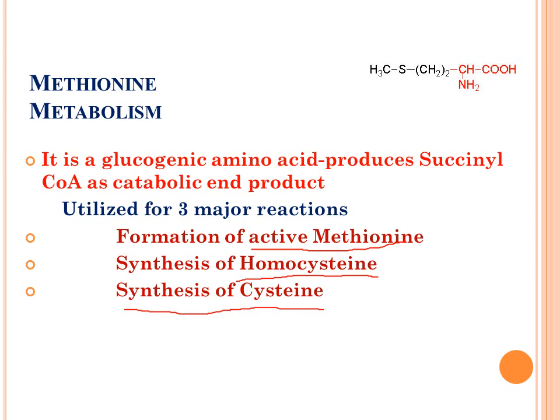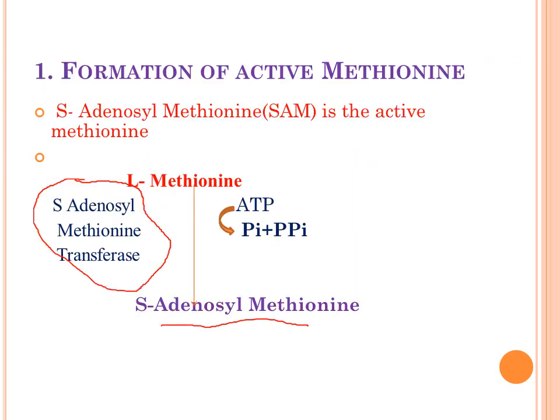So first of all, about the synthesis of SAM, the active form of methionine. The enzyme required here is S-adenosyl methionine transferase, and here ATP will be involved. The important point here is that all three high energy phosphate bonds will be utilized for the synthesis of this S-adenosyl methionine. As such, it does not contain any high energy phosphoryl bond, but it is considered a high energy compound by virtue of containing all the energy provided by the